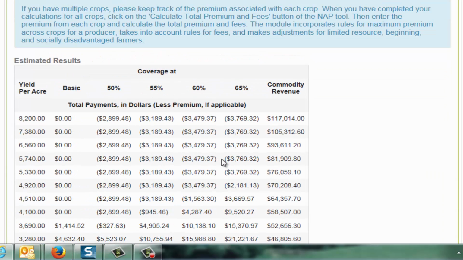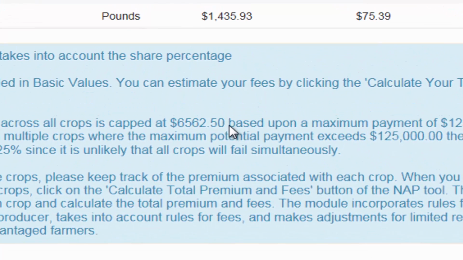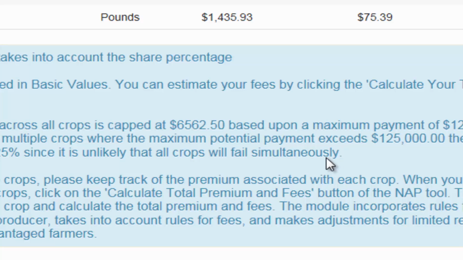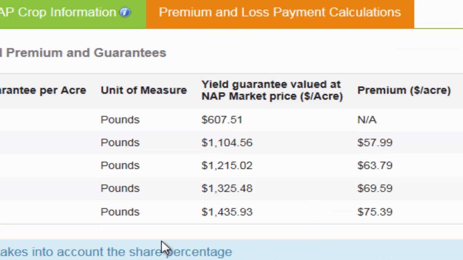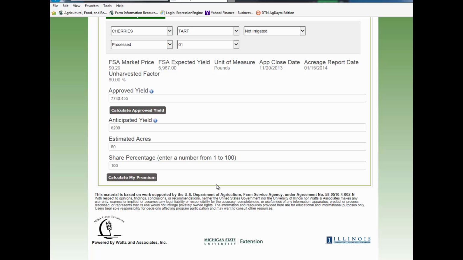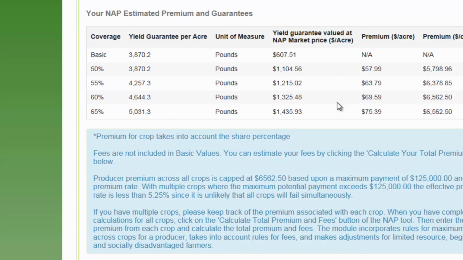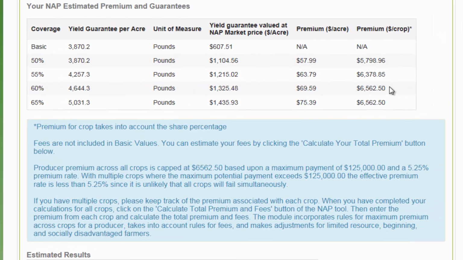A second thing that we want to show here, though, is there is a maximum premium across all crops. So let's see what it would take to hit that maximum premium for just this tart cherries. So if we go back and we hit NAP crop information, and we come down here, and let's say we have 100 acres. We go to calculate my premium, and you'll notice over here when you get into both the 60 and 65 that the maximum you have to pay is